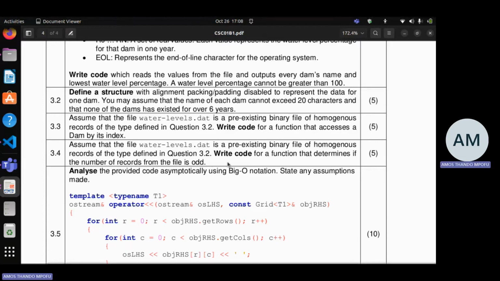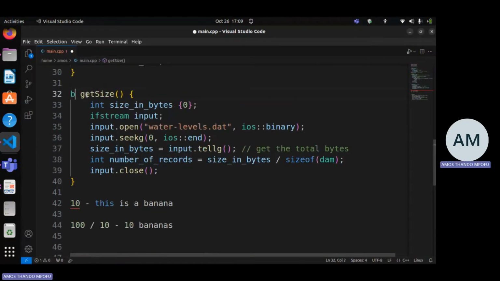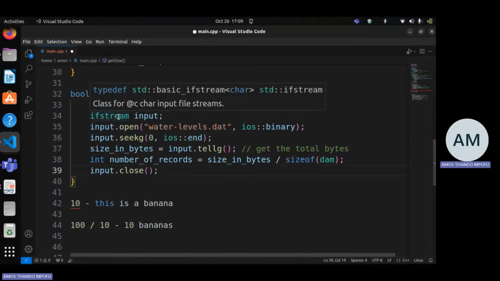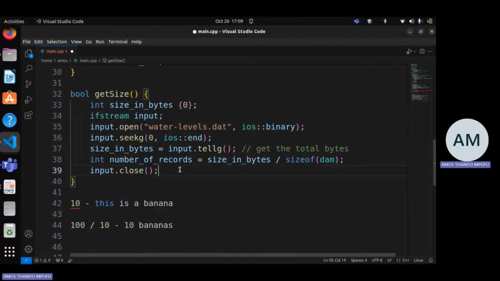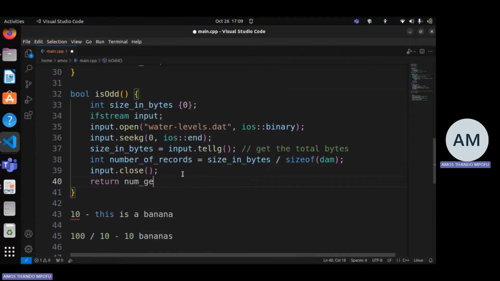And they said it should determine if the number of records from the file is odd, or if it is even. Okay, so basically it returns true or false. Remember, if it is odd or even, right? So it must return true or false. So I'm gonna make it return a boolean. I'm gonna call it isOdd. If it returns true, then it is odd. If it returns false, then it is even, right? So I'm gonna say return number of records,